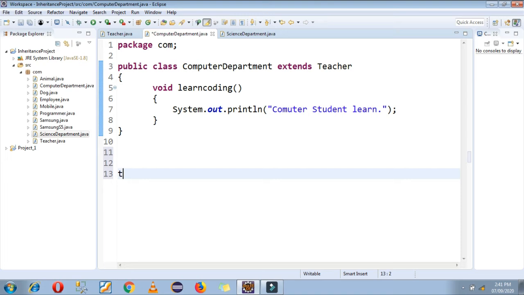This is derived class 1. Now, coming to the science department class.